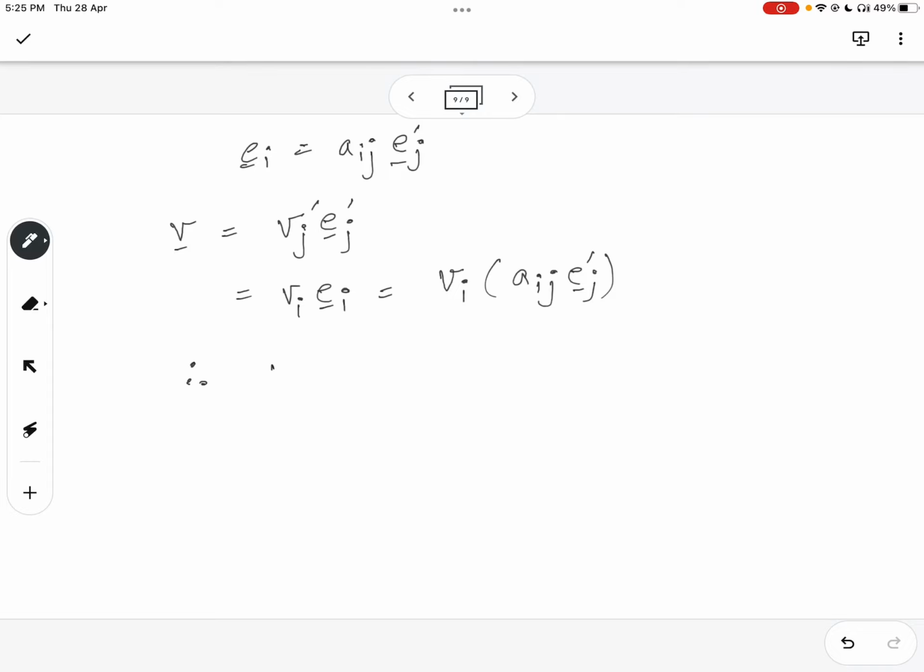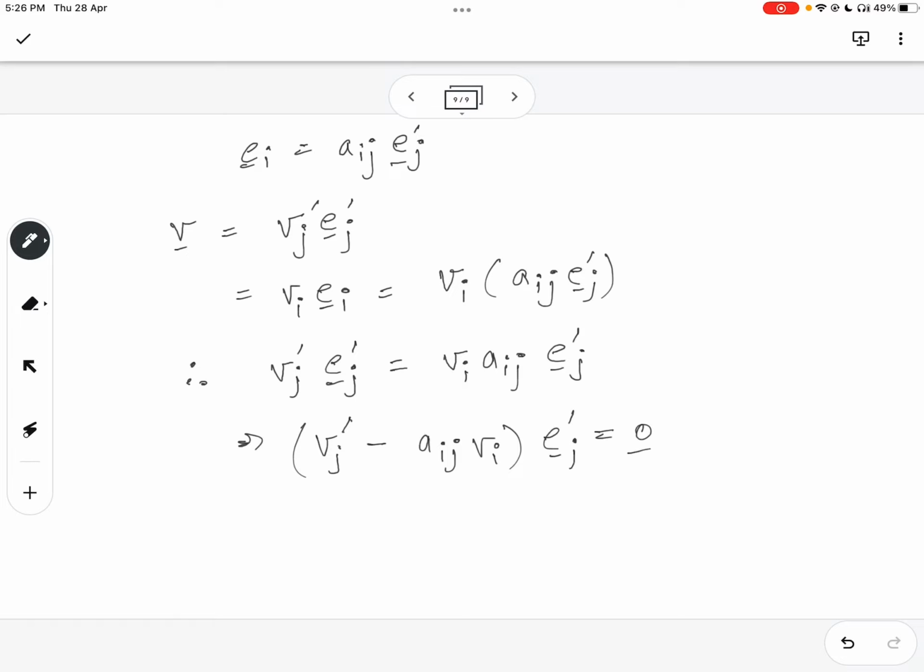Therefore, Vj prime Ej prime is equal to Vi Aij Ej prime. Taking it on the left hand side, we have Vj prime minus Aij Vi Ej prime is equal to 0, which means that